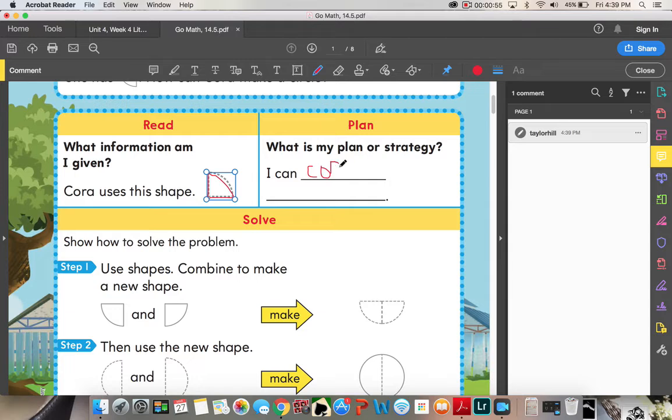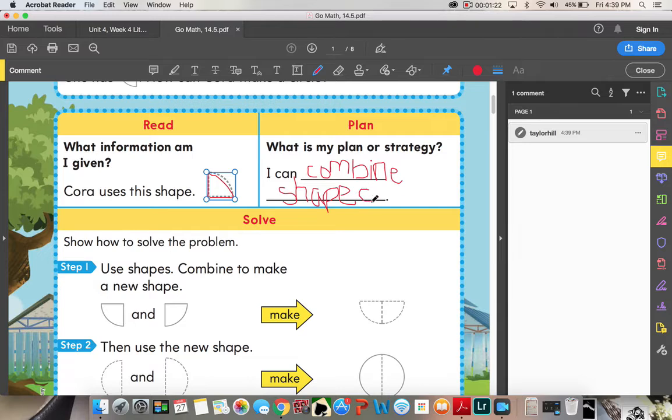C-O-M. Wow, this is a lot harder than it looks. Fine. Combine shapes. S-H-A-P